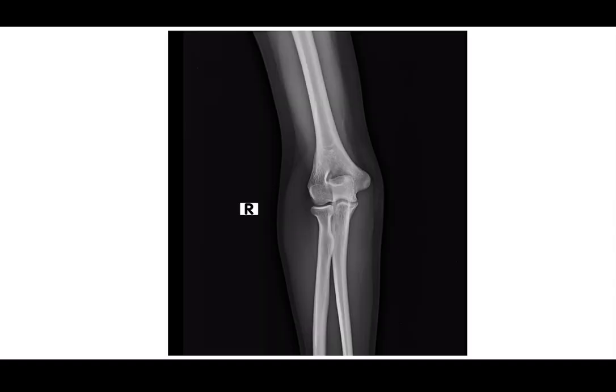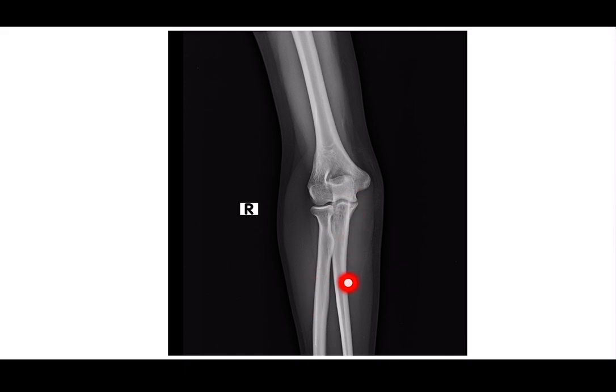Today we will read about X-ray elbow. We will be discussing X-ray elbow in two parts. In the first part we will read about the normal anatomy of X-ray elbow, and in the second part we will read the approach to X-ray elbow. So, talking about the elbow joint, the elbow is a complex synovial joint formed by articulations of the humerus,